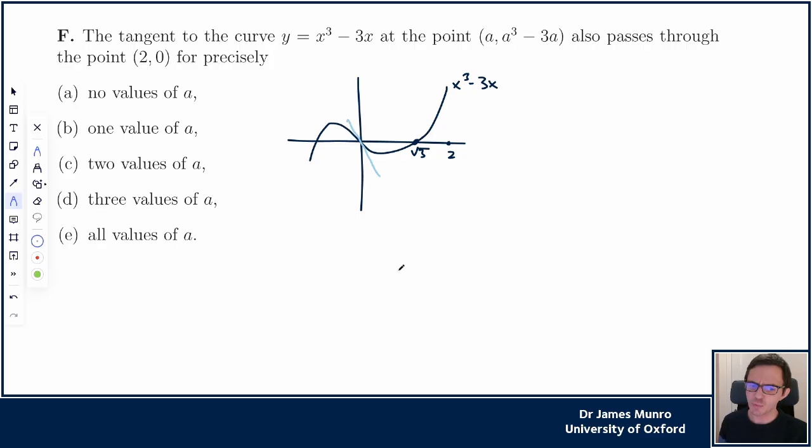So in between somewhere, from this case where the tangent was just coming down, very slightly negative gradient, crossing the x-axis over at 1,000,000 or something, to round about here, it feels like it's going through the origin. So in between somewhere, maybe it's gone through 2. So maybe there's one solution around here somewhere for a point which just comes downhill and hits 2, 0, perfectly like that. You take a line from 2 and just rest it on top of the curve or something like that. Okay, so maybe there's a solution over there,